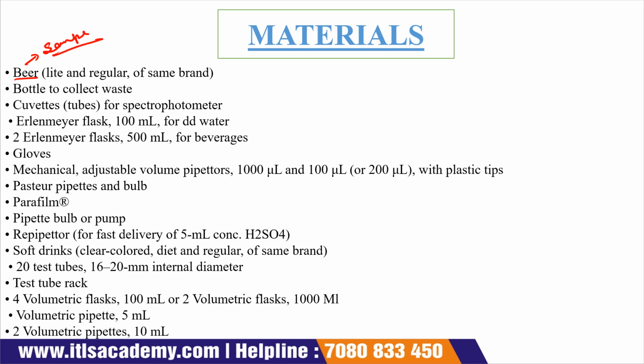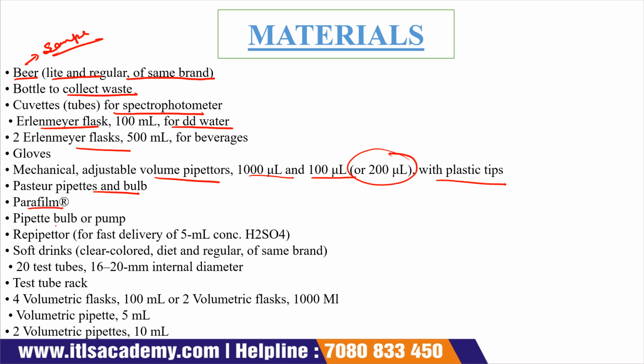Okay, so light and regular of the same brand, a bottle to collect the waste, a cuvette for the spectrophotometer, an aluminum flask of 100 ml for distilled water, two aluminum flasks of 500 ml for the beverages, gloves. Okay, then we also require a mechanical adjustable volume pipette of 1000 microliter, 100 microliter, or 200 microliter with plastic tips. Pasteur pipette and bulb, parafilm, pipette bulb or a pump,